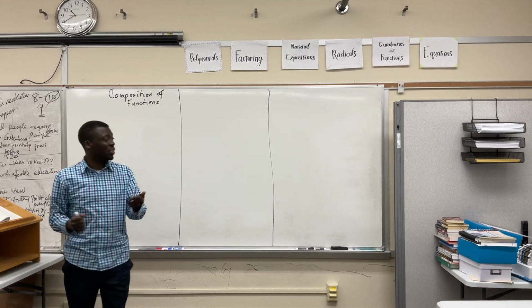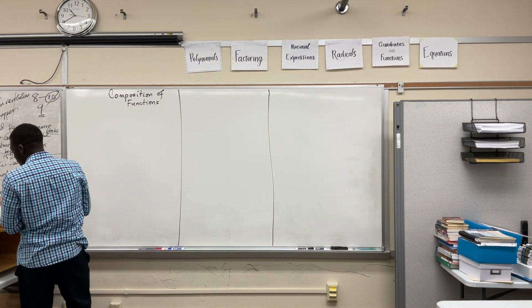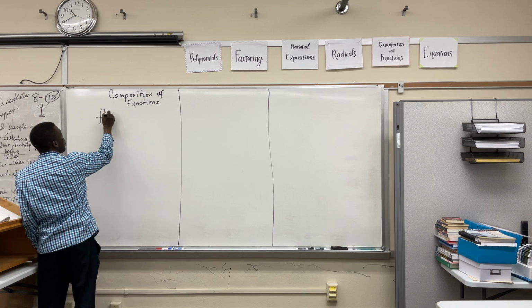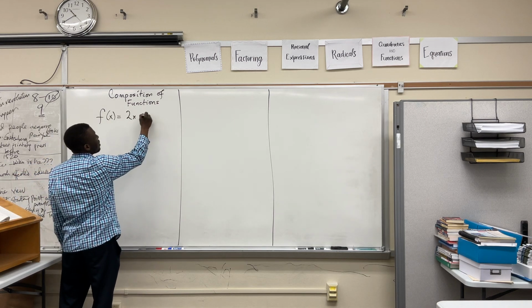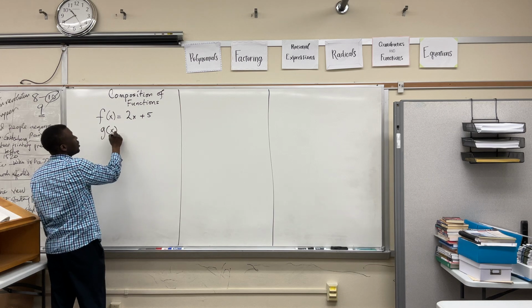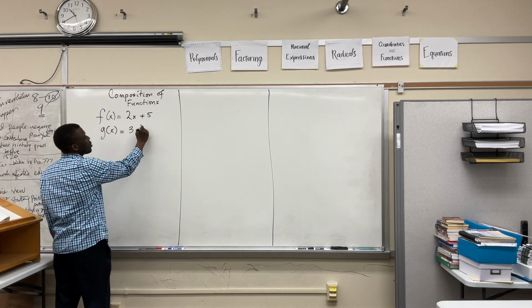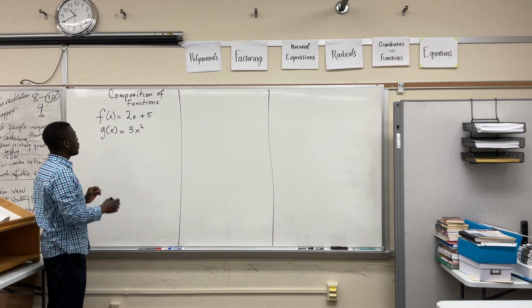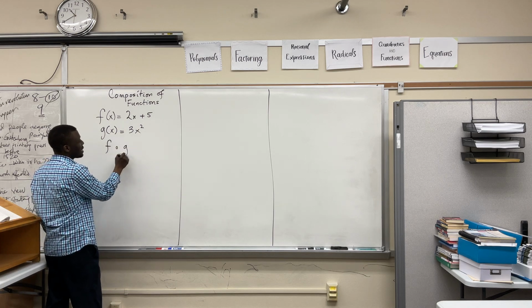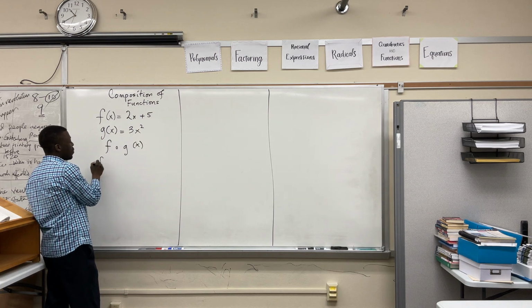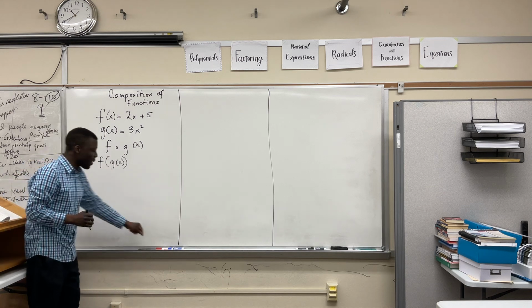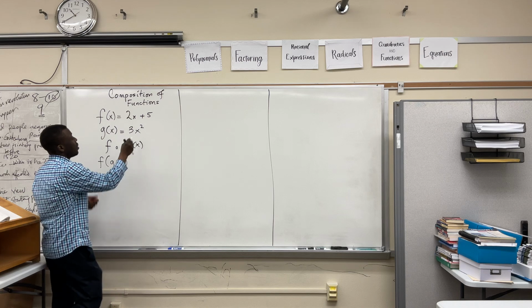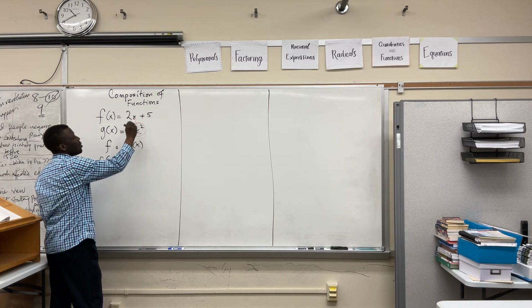So we're going to talk about composition of functions in this video. Basically, imagine if you have a function f of x as 2x plus 5, and you have another function g of x as 3x squared. The composition of functions, you would notice that they write it like this, or the other way they write it is like this. The idea is, what if I substitute the value of g of x into x in f